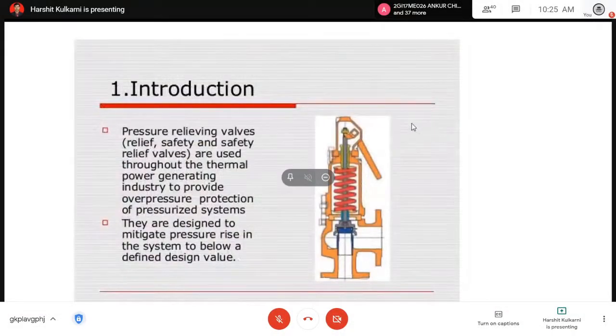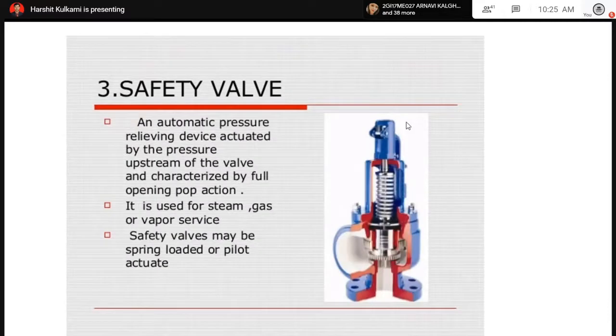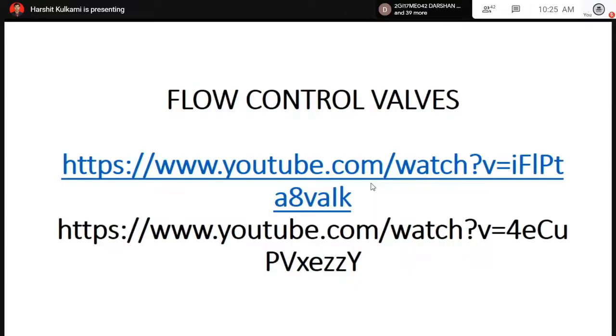Okay. So this was one valve which was left over in the earlier class. So safety valve, I think I had explained to you regarding what is the safety valve. Safety valves are those valves which will immediately release the pressure that is built up in the hydraulic system. Because of excess flow of oil, if the pressure rises beyond a particular level, then you need to release that pressure. That is possible by using a safety valve. That is how it works.